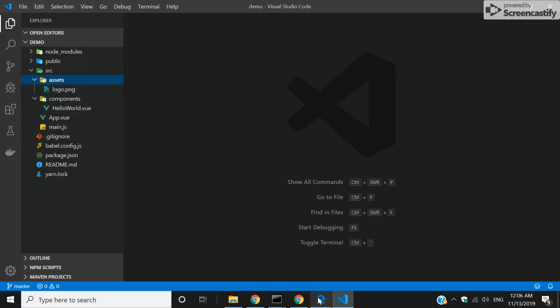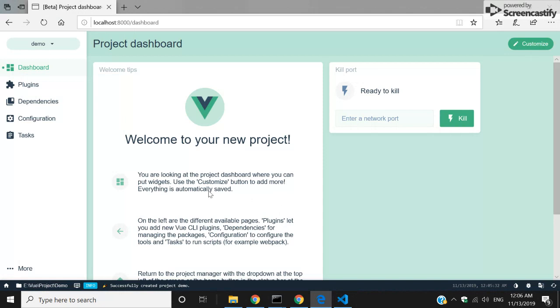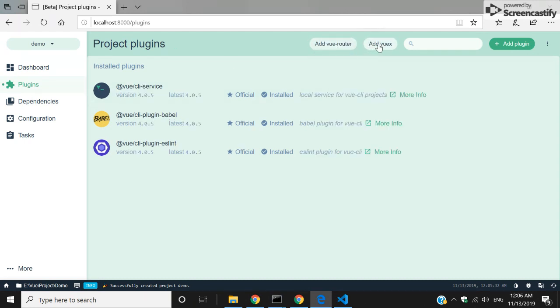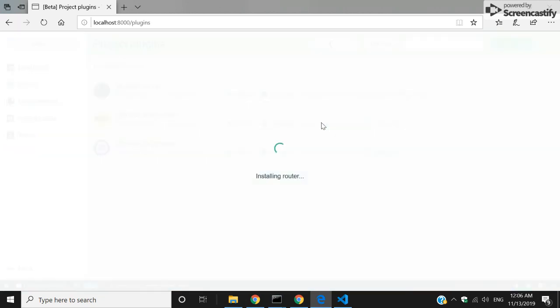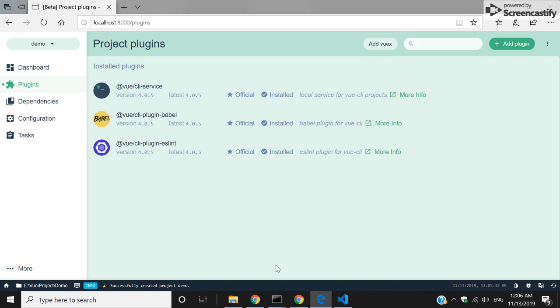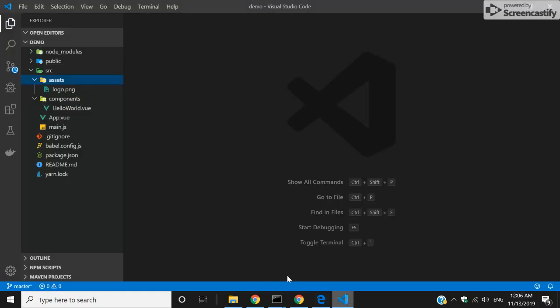Now let's go to the dashboard and see what we can do here. Here are the plugins. You can see it is giving a recommendation to install router and Vuex. So router, I'm going to install it. As you can see here, it is getting your router installed. So once your router is installed, you can see in your